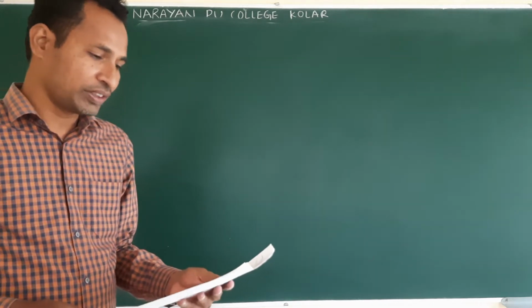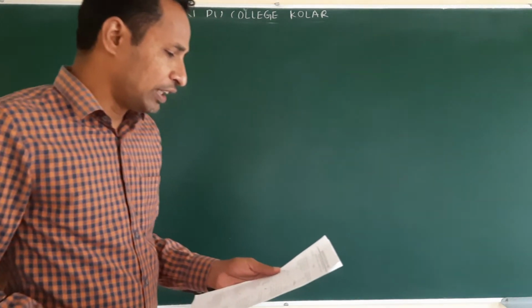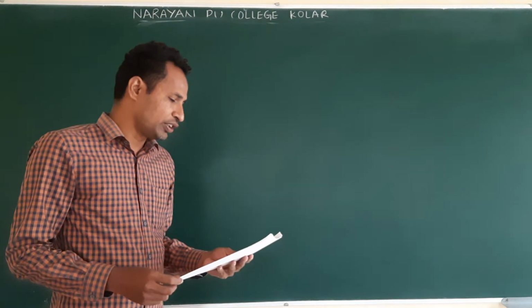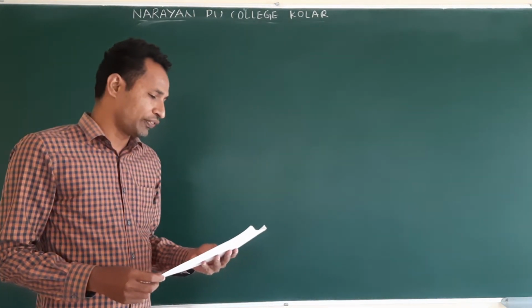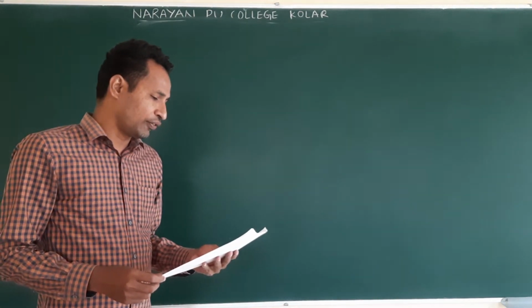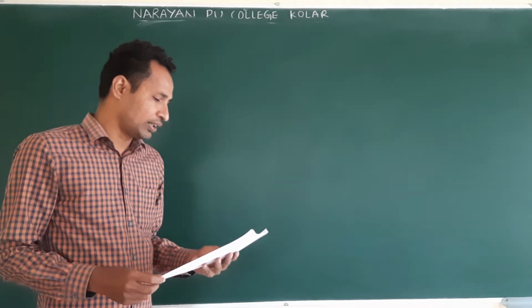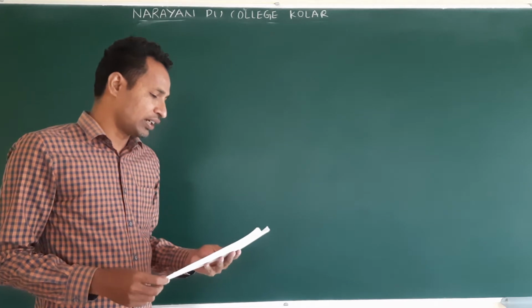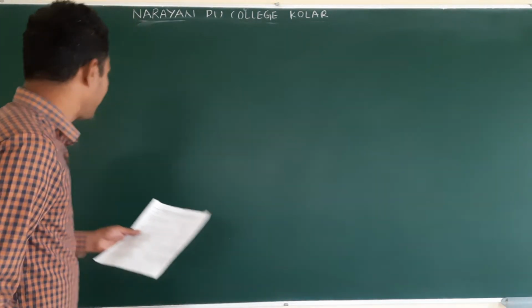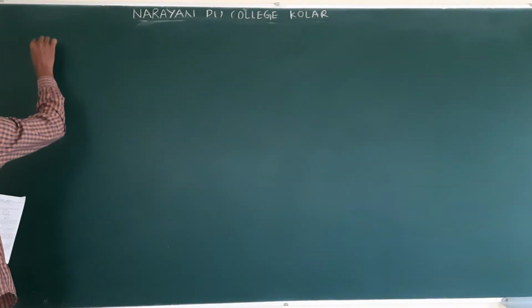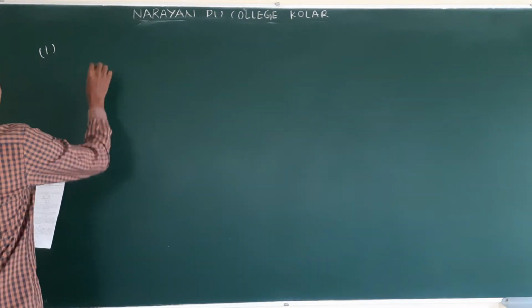solutions and explanations. First question: an infinitely long straight conductor is bent into the shape as shown in the figure. It carries a current of I ampere and the radius of the circular loop is R. Then the magnetic induction at its center will be. If you know the formulas, then the solution is easy.